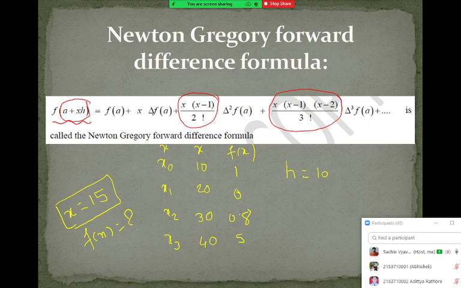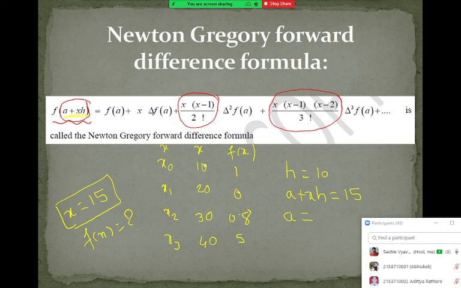Then, to use Newton's forward interpolation formula, generally we select the closest lower value of x as a. So a plus xh should be 15. Our aim is to get f of 15. So this bracket a plus xh is 15 only. So what should a be now? The closest value, and that is obviously,